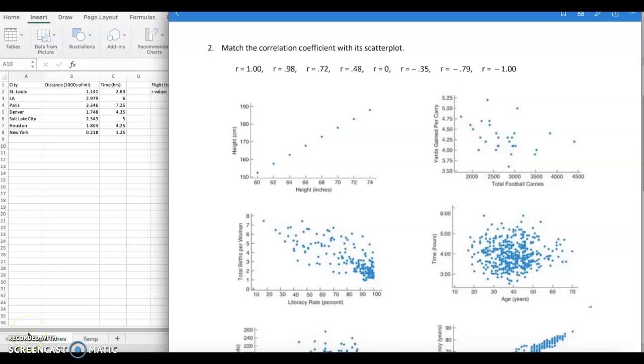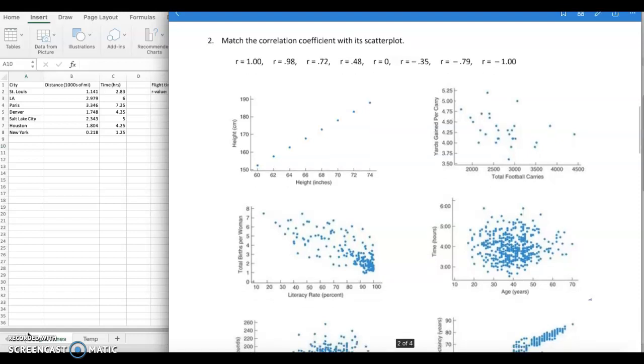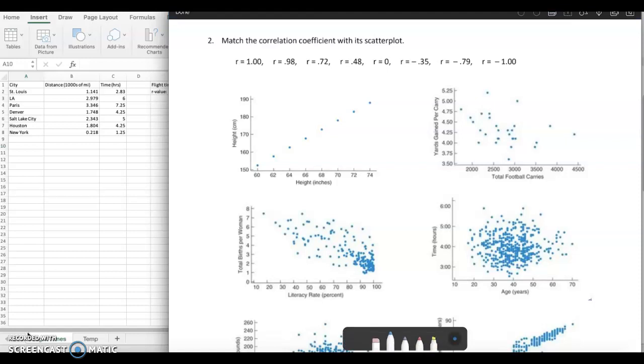Okay, let's practice matching some correlation coefficients with their scatter plot. So I'm going to start with the extremes with r equals 1. That is a perfect positive linear trend. So what I see is that matches the very first graph. That first graph is perfectly linear. A line goes exactly through all of those points and it's positive. So this will be my r equals 1